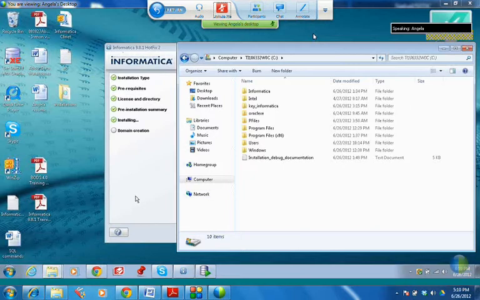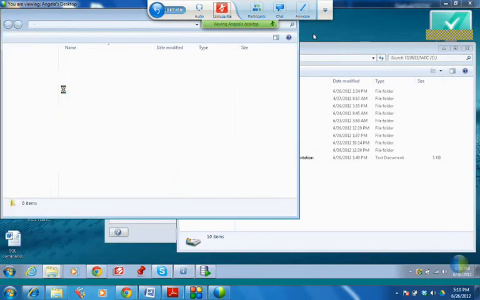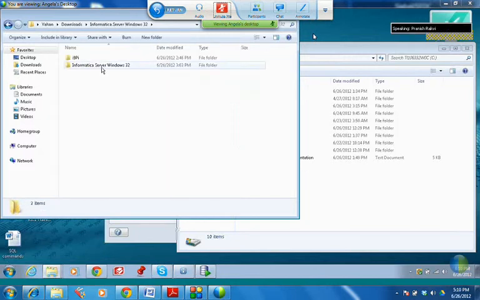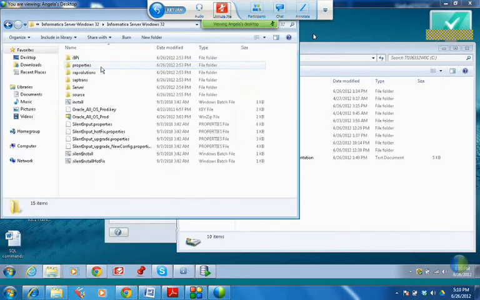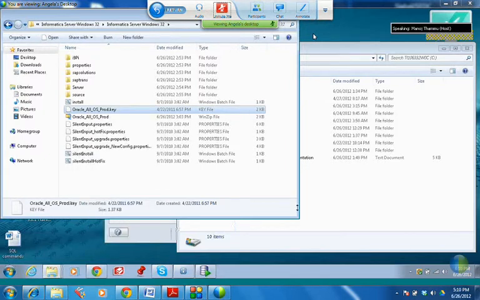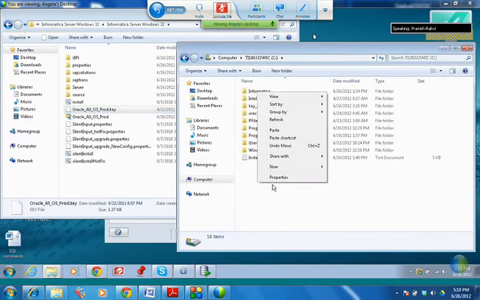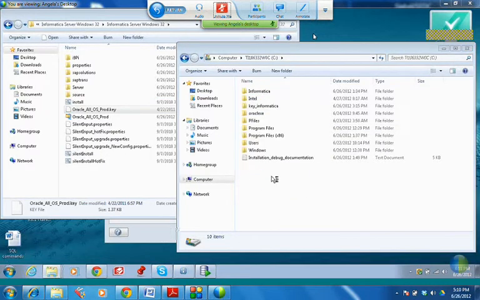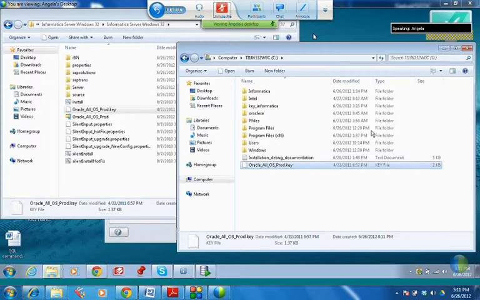It's in the installation folder on the desktop. The shortcut, yes. So when you gave this file, did it work actually? Yes, it did. It's in Key Informatica, yeah.